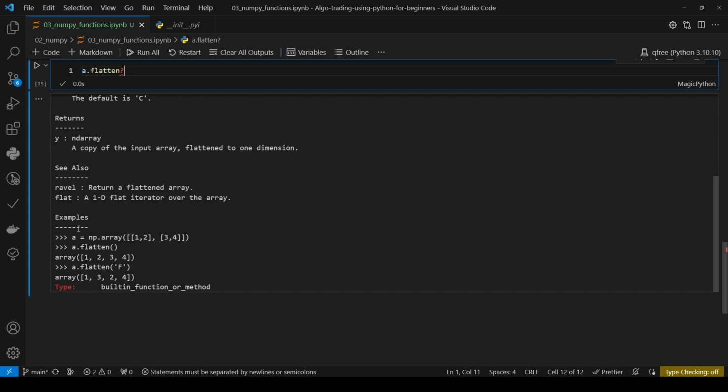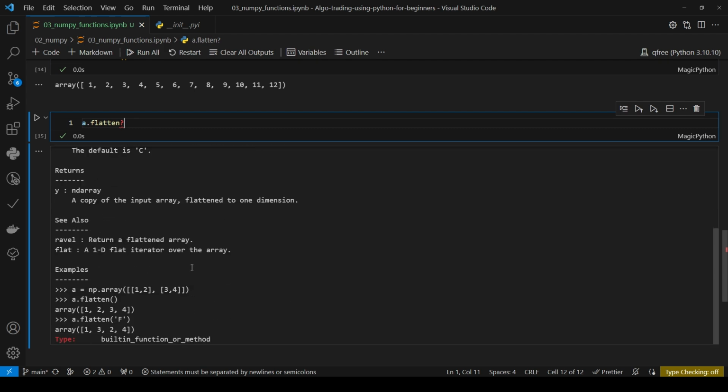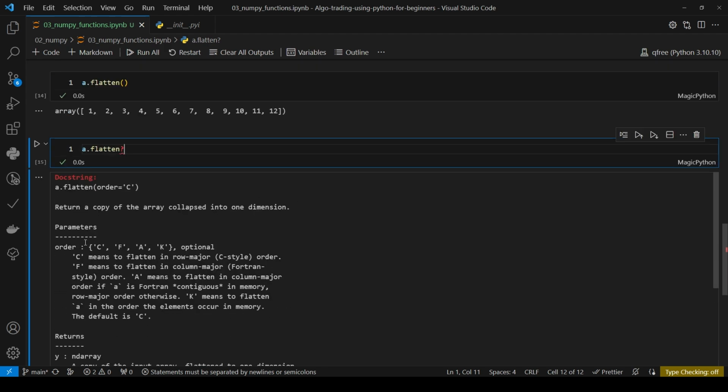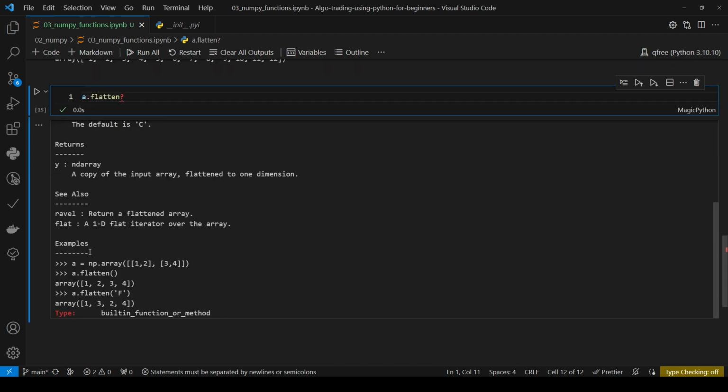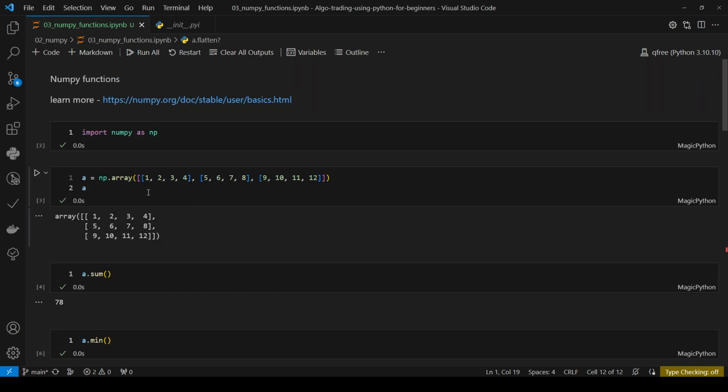This will bring up the docs, so you don't have to necessarily go to the documentation on the NumPy website. You can just do this, and it'll tell you what the doc string is, which is basically what they have on NumPy. It'll tell you what it returns, the order, the parameters, and different things. And here's some examples that it'll show you as well. So these are some of the functions that I'm normally using within NumPy. And again, if you need more,